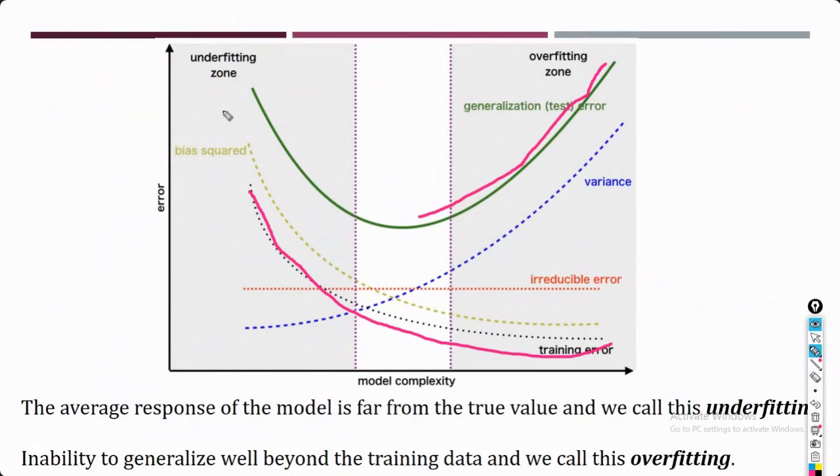At your simpler side, that means your model is not learning anything, so you will have this bias problem and your underfitting problem. And when your model has learned each and everything which is present in your data, that means your model is very complex. That means it has learned each and every detail which is present in your data. So this leads to your variance issue and it's your overfitting.